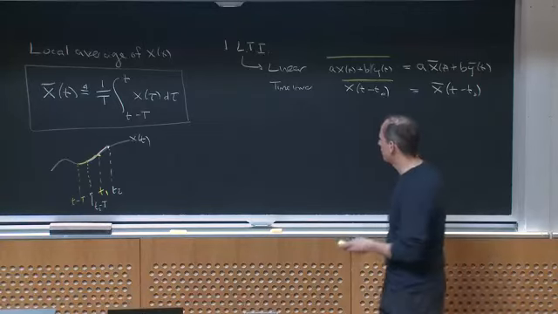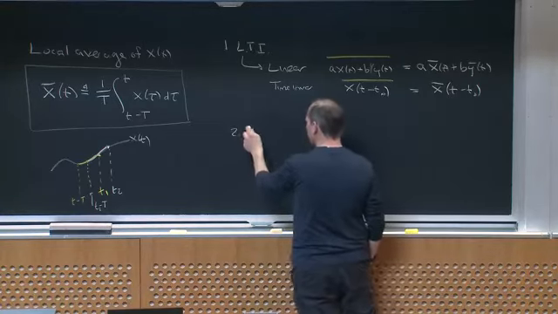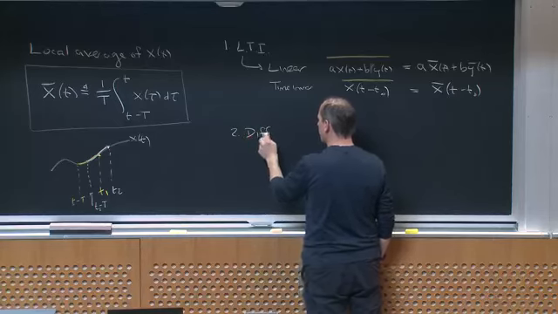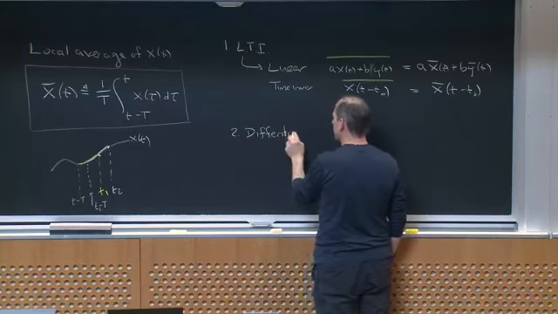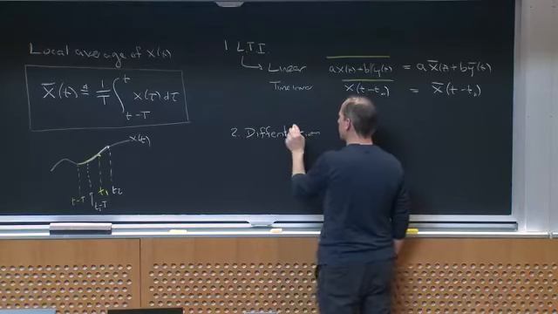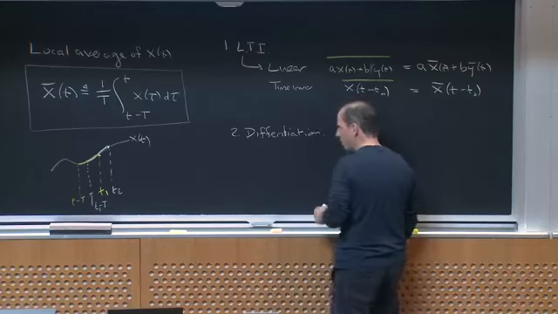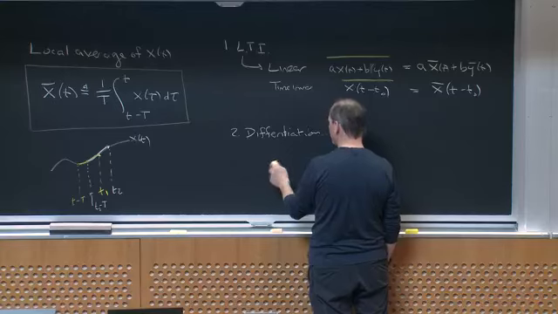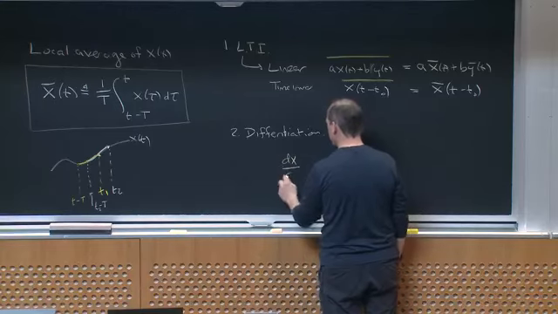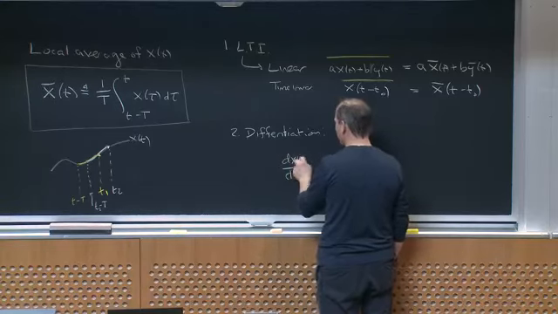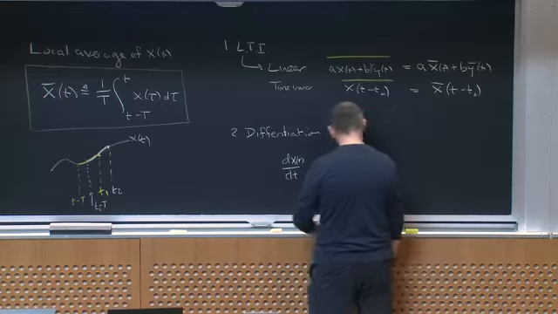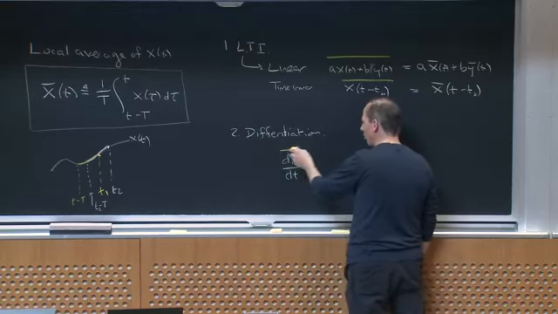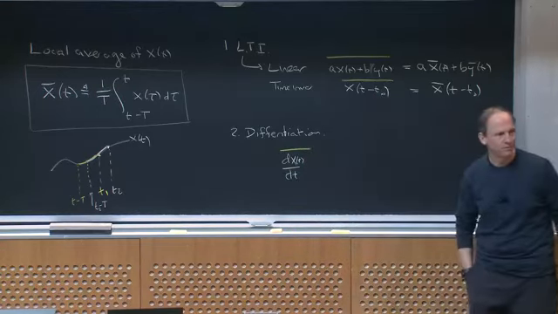The first, a very useful property, is the differentiation property. This is one of the reasons why we picked this particular filter. If I took some time varying signal, dx dt, and I looked at its derivative, and I said, give me the local average of the derivative of this signal,